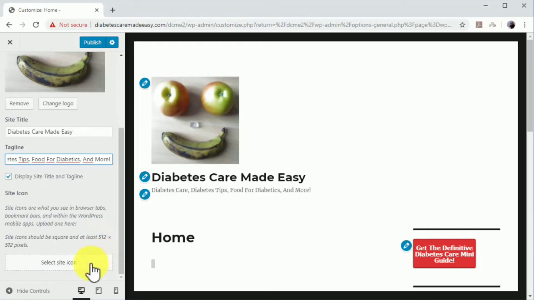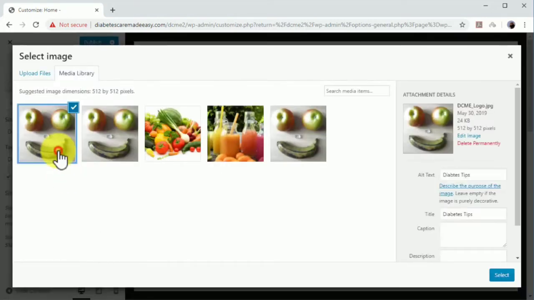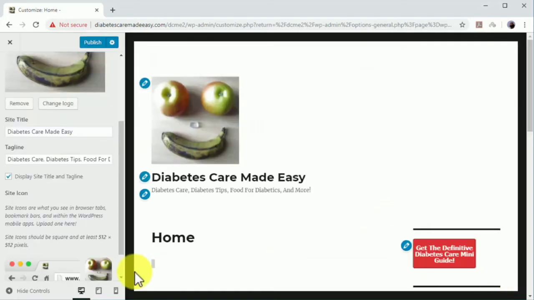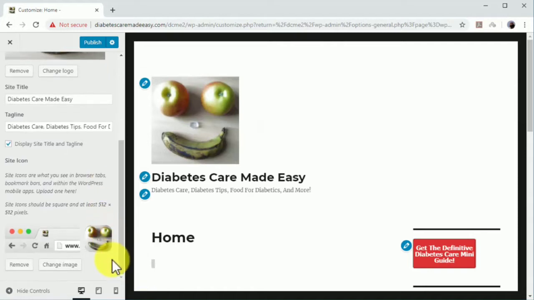Now move over Site Icon and click on Select Image to add an icon to your site. Here you can use a simplified version of your logo. Don't forget to optimize the title and alt text fields. These are all on-site optimizations that you have to add using the Customizer, so you can click on the Publish button to finish and load them to your site. Now click on Close to go back to the dashboard.